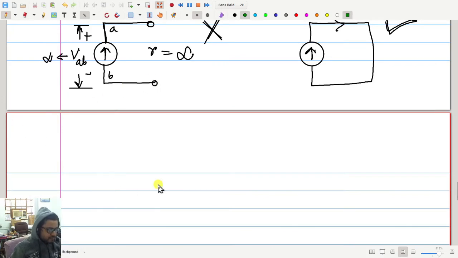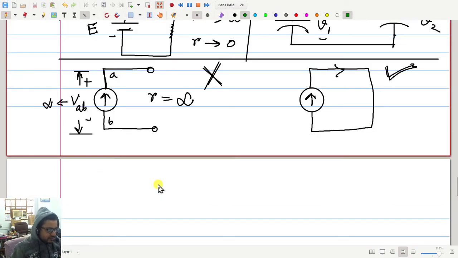Sir, do we have a constant current source in our lab? We have. Sir, how is it not like a battery, with resistance infinity between the two points of the current source? Let me just tell you that constant current sources are not easily available in the market like batteries. You can think of them as intelligent, automatic, adjustable sources. They automatically change the voltage across them to keep the current constant. We have electronic current sources in our labs.